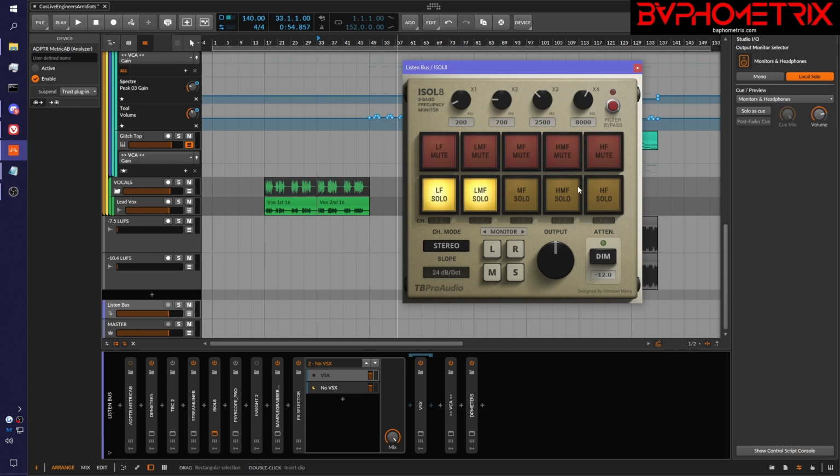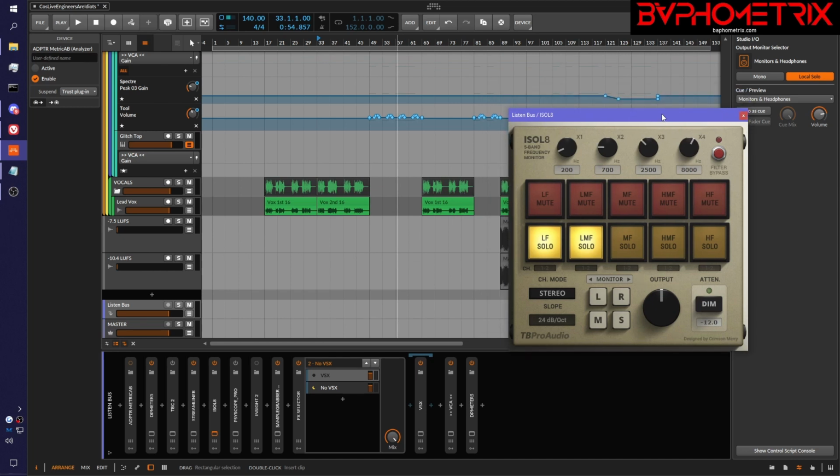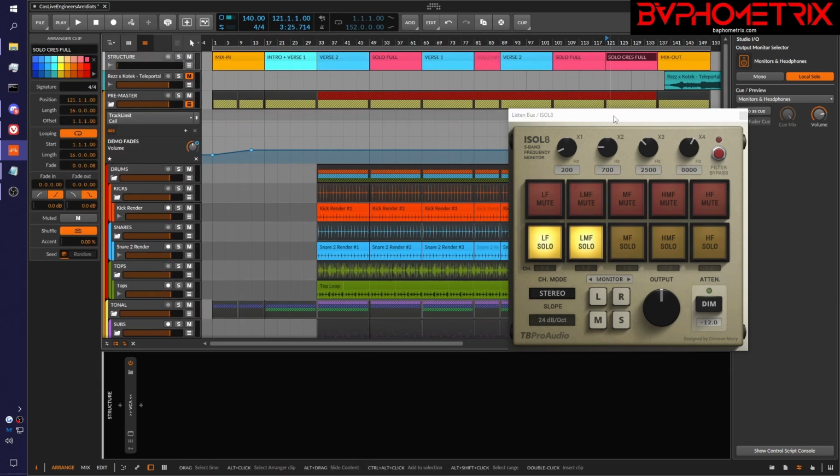I call it the wall check because, and I think Underdog calls it the cloakroom check, when you're first entering a club or you're outside a club, approaching it from outside the building, you're hearing all the bass coming through the walls, right? And that's all you hear because everything else is being attenuated. So any given song that might be in progress sounds like this as you approach the club and listen to what's going on through the walls of the club itself. Right? Or if we go up to the big crescendo section,